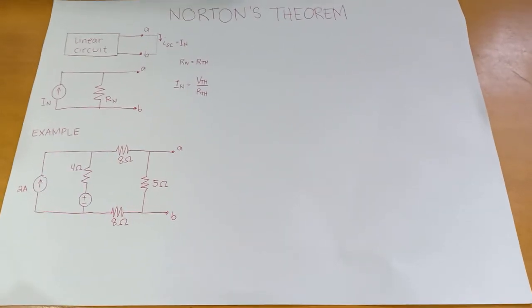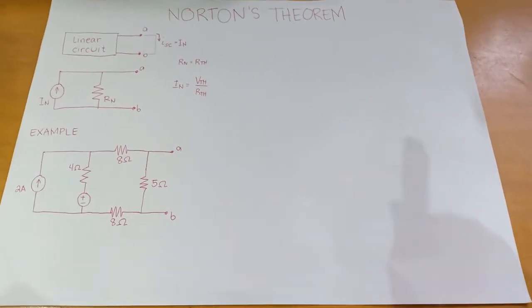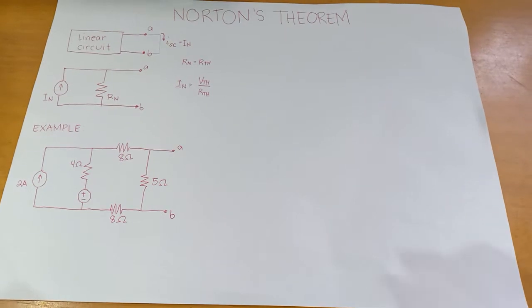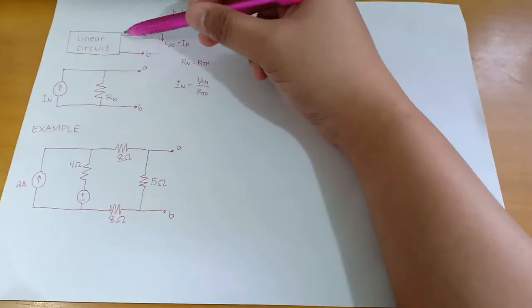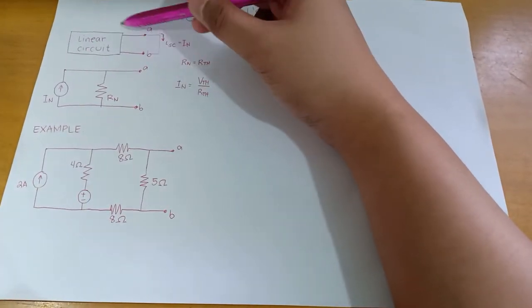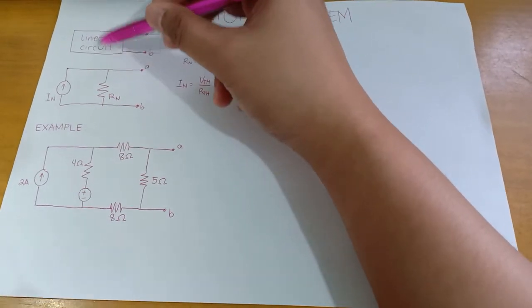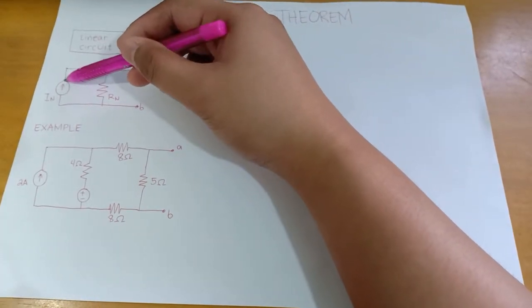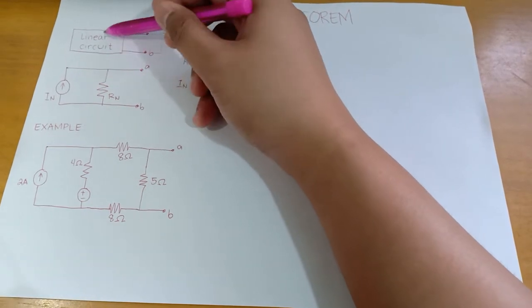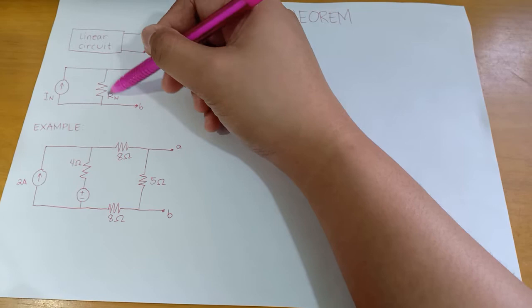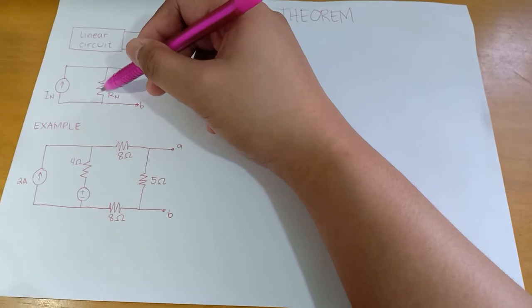Okay, so for today, we'll be discussing Norton's Theorem. Last time, meron kayong Thevenin's Theorem. Pagdating dito sa Norton's Theorem, if we have this linear circuit, itong complex circuit daw na ito, pwede natin siyang palitan or i-express in terms of an independent current source in which yung equivalent resistance ng kabuuan ng linear circuit na to is expressed as yung singular na resistance Rn or the Norton resistance na nakaparallel dito